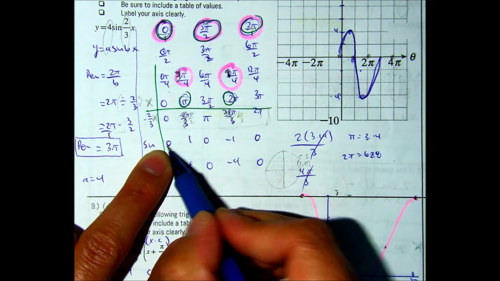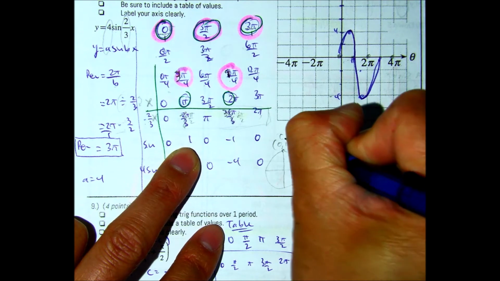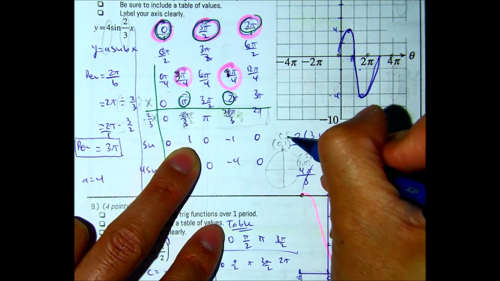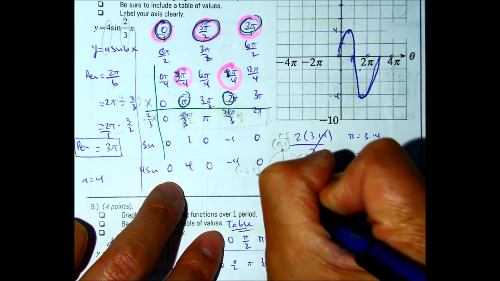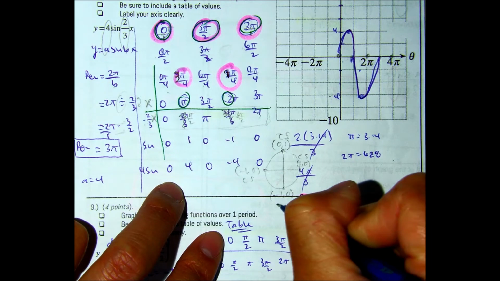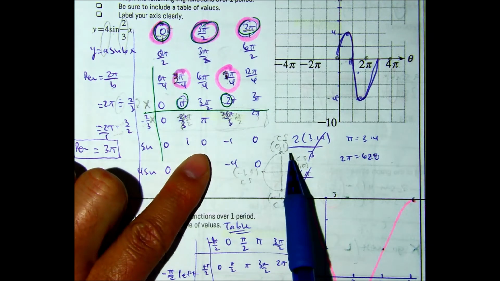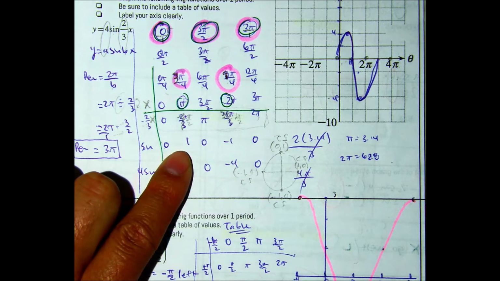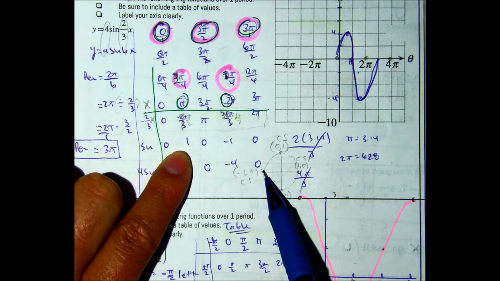And at pi over 2, that's (0, 1). Cosine, sine, so sine is 1. And over here, (-1, 0). So then you just recognize that at 3/2 pi,